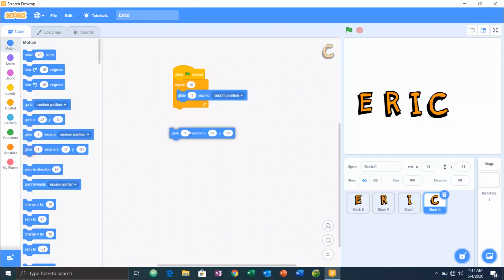So you can drag that below, after the C has moved around. So after moving around, you tell it to glide using 1 second to that position, which is the initial position here. So before you even write this code, when C is in this position, you must first take this glide to x and y and put it on your workspace where you are writing your code before you do your animation. Okay, so when I click on run,